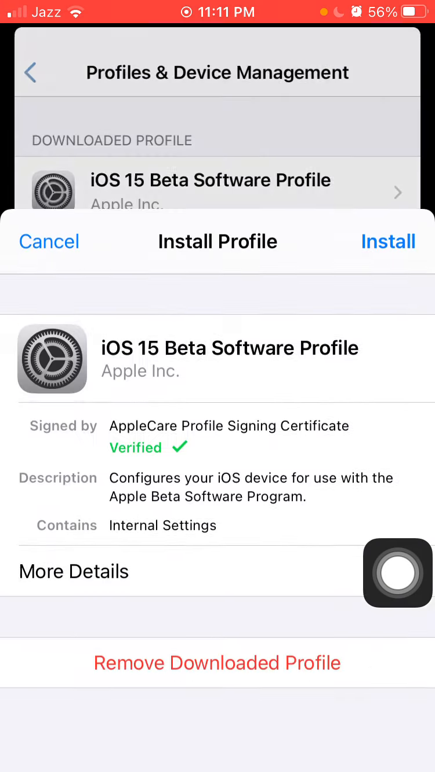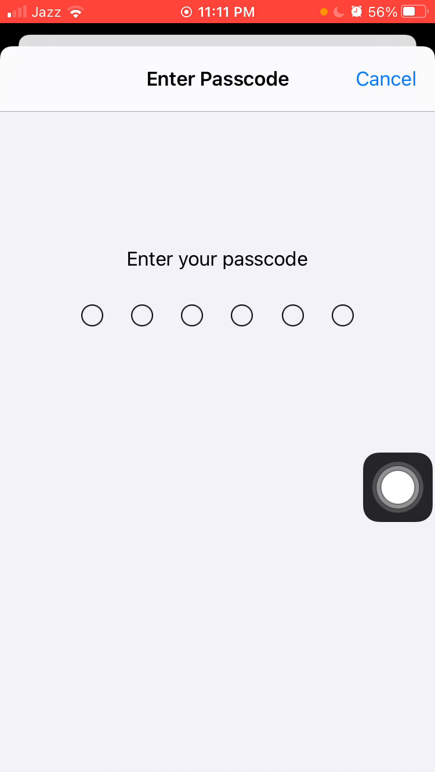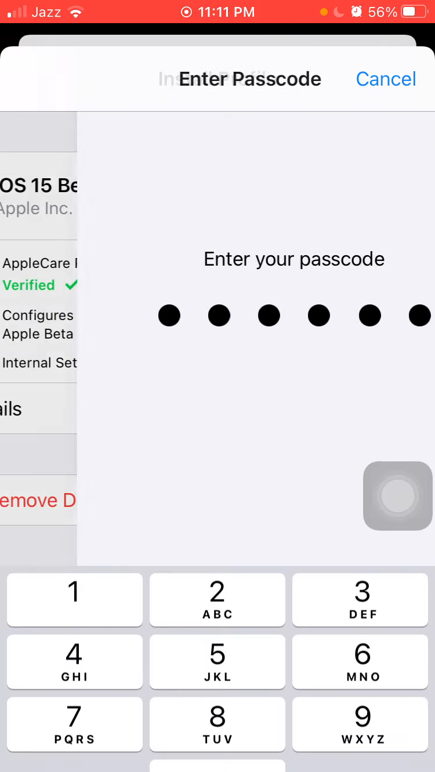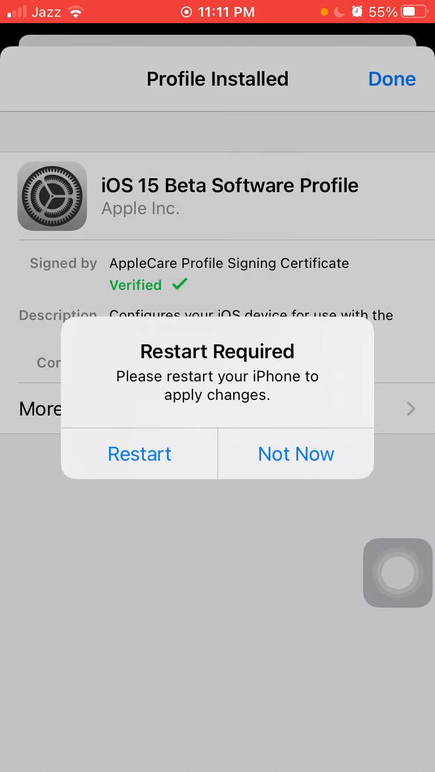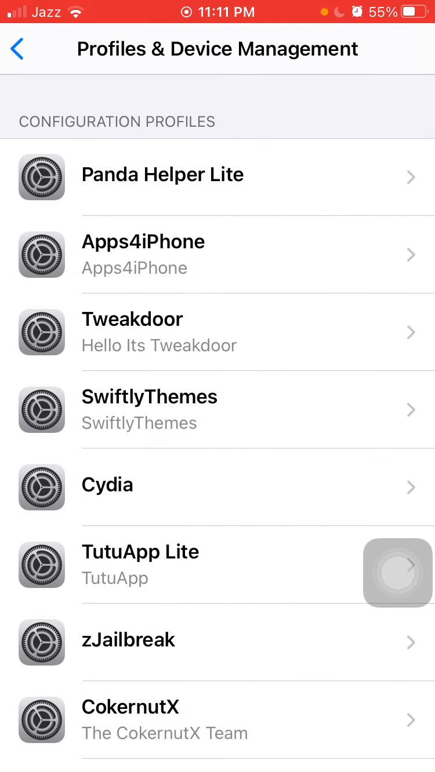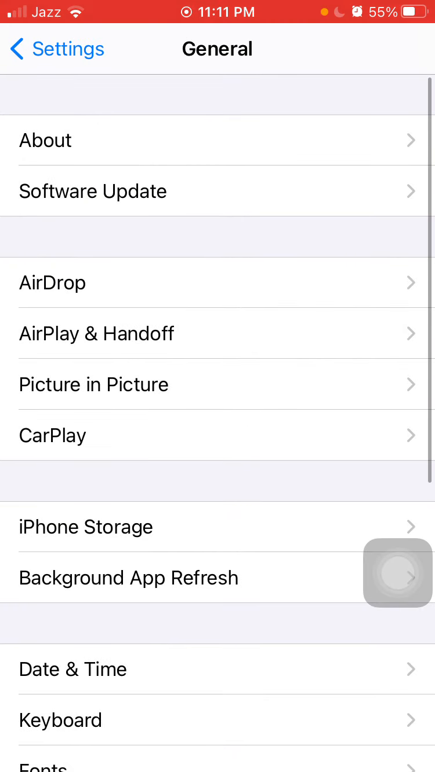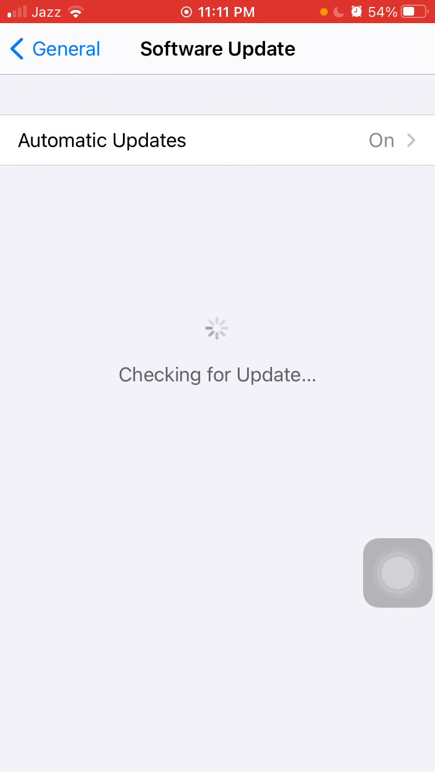Profile downloaded. Tap install. iPhone passcode. Install, not now, and tap done. Now go back to settings and general and tap software update,